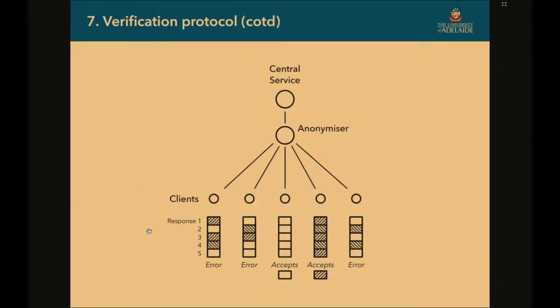So a graphical representation of what this means is that you've got these clients here that are talking to this sort of central key server, say, through an anonymizer. As I said before, the key server doesn't have any direct access to the clients, doesn't have the ability to target anyone. And so they'll just get these randomly chosen responses from the server.